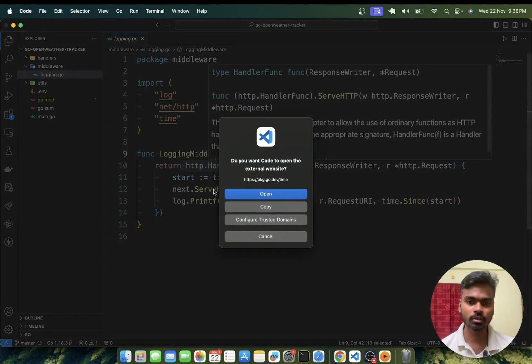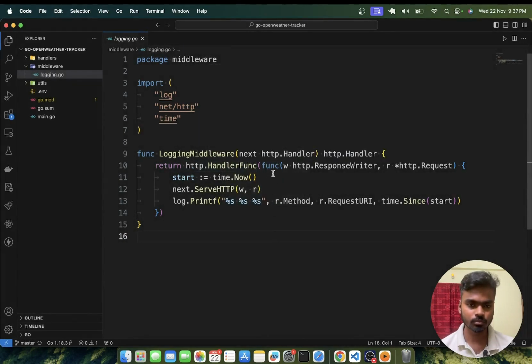This handler function will have access to the request and response. It will calculate the time taken.